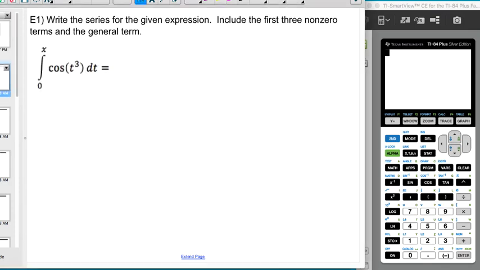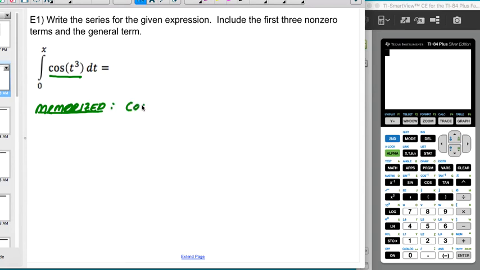So let's start with E1. We have this integral representation from 0 to x of cosine of t cubed dt. We're asked to write the series for this expression, including the first three non-zero terms and the general term. So basically what we're going to need to do is look at this integrand, and we're going to have to take the thing that we memorized, right? So the thing that we memorized